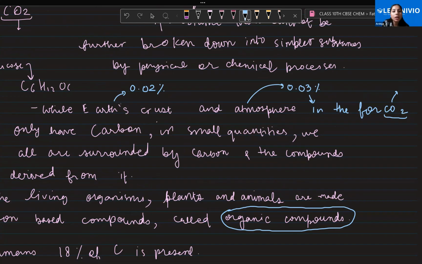And that too, let me write it down, in the form of carbonate, hydrogen carbonate, and